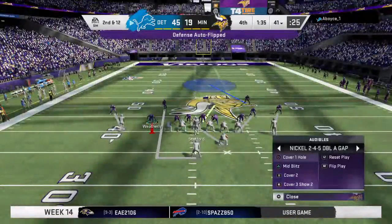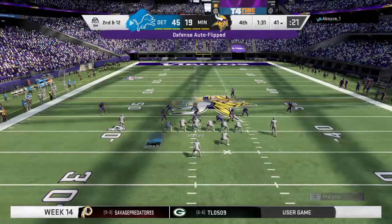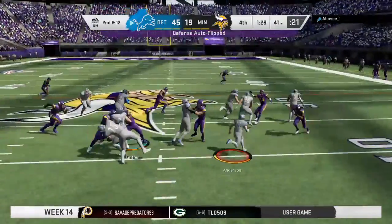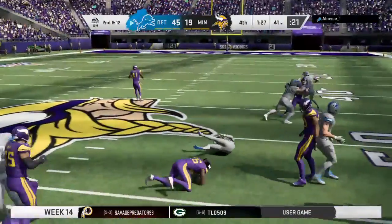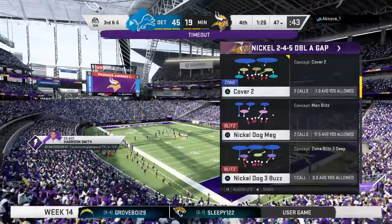Check. 280. 54. Mike, 54. Mike, 70. C.J. Anderson in the game. He gets it here. And he'll get this up past the 45 to the 47. The Vikings going to...